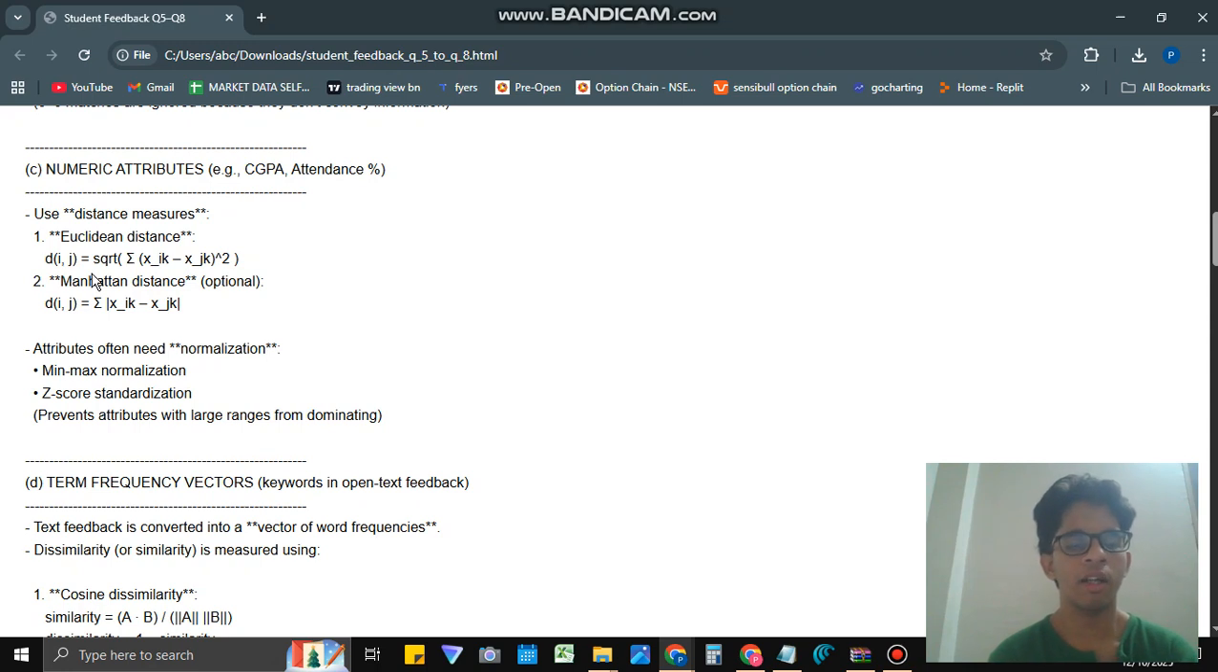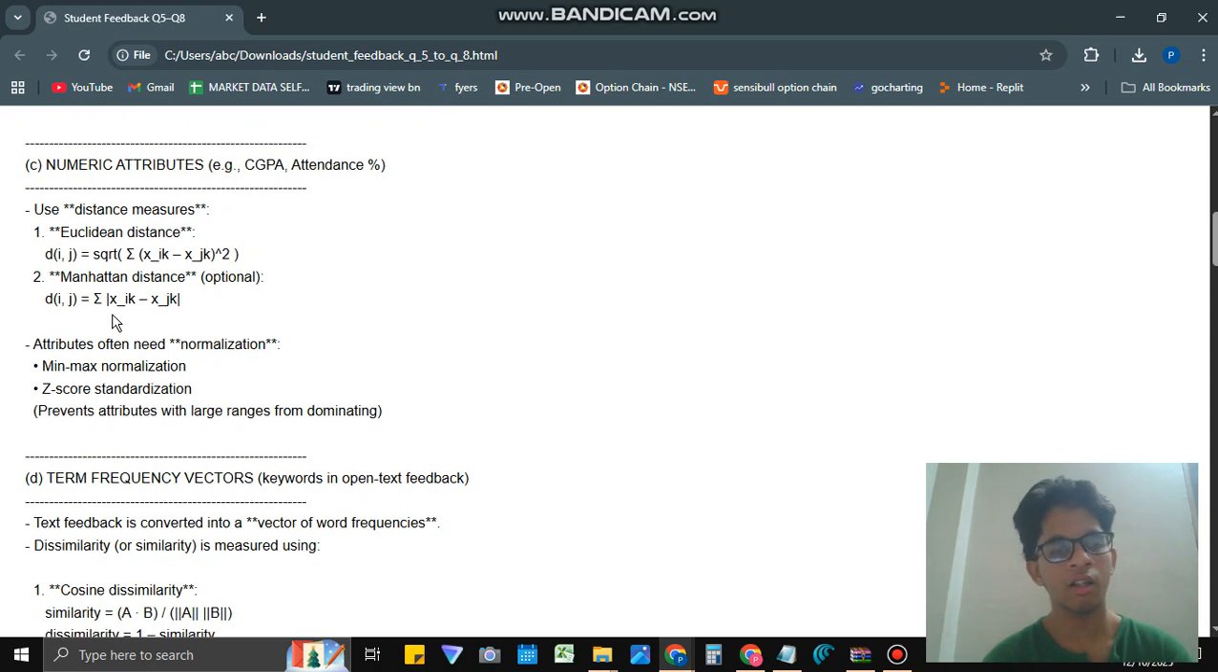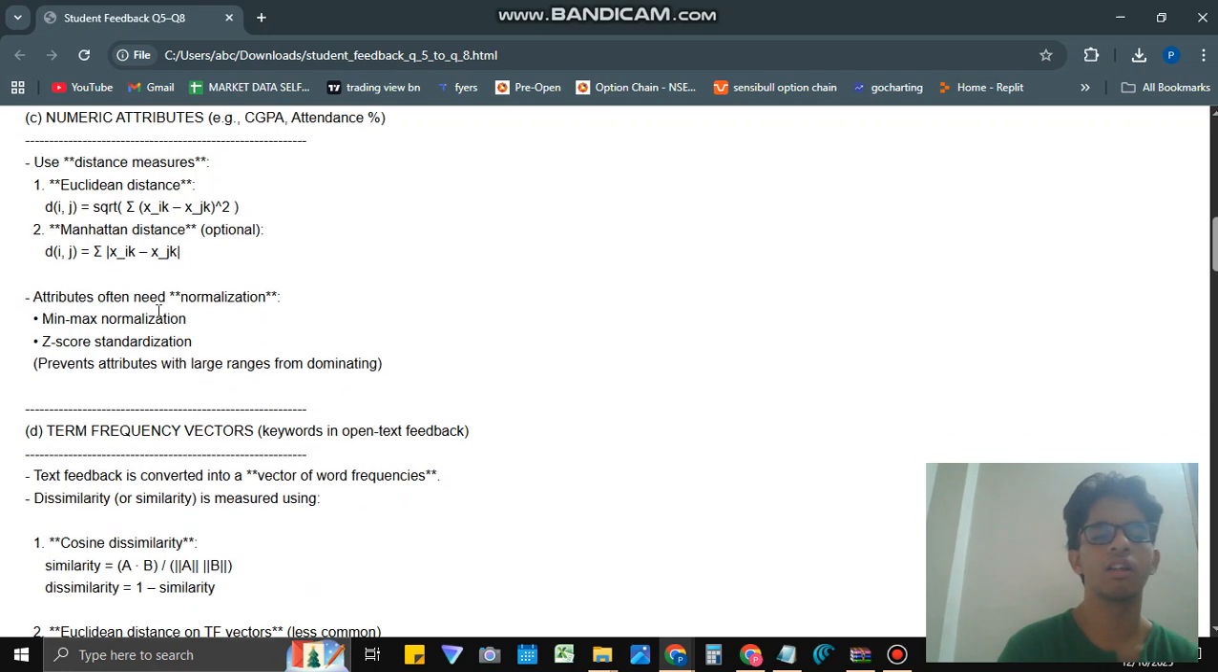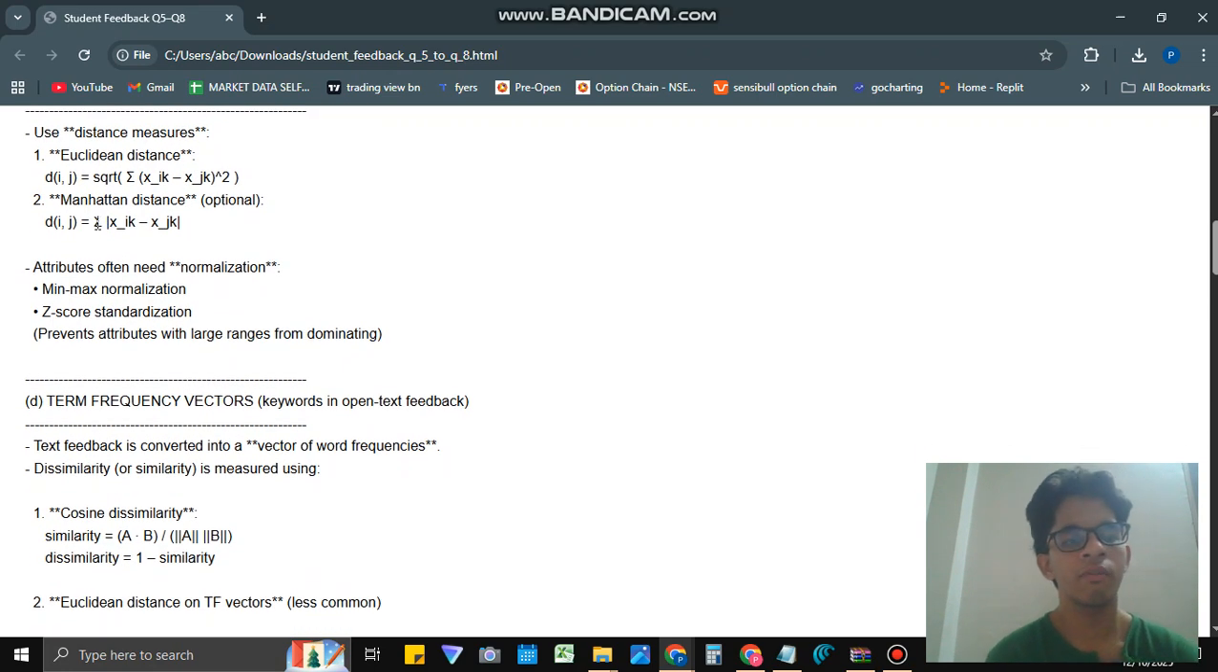For Manhattan distance, the formula is the summation of absolute differences. It's the same as Euclidean distance, but with the absolute difference. The only difference between them is the absolute difference without any square or square root. Similarly, we do a summation in Manhattan as well. Then moving on to the next part,